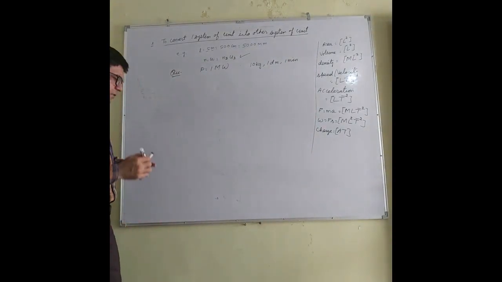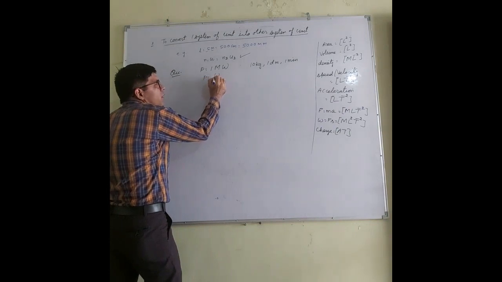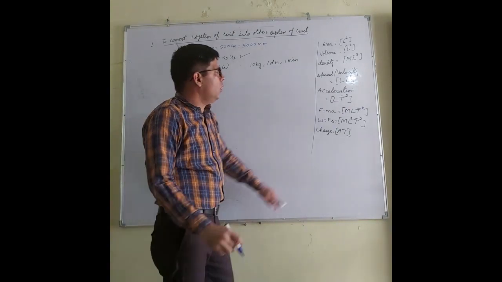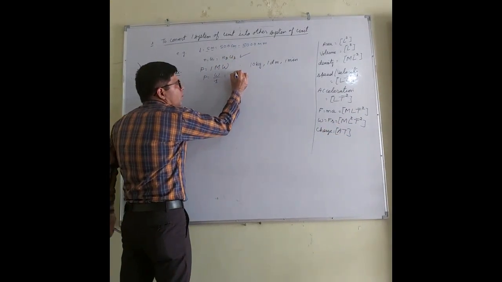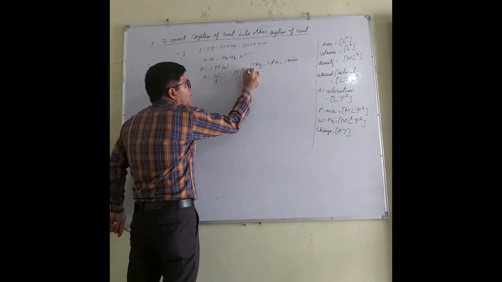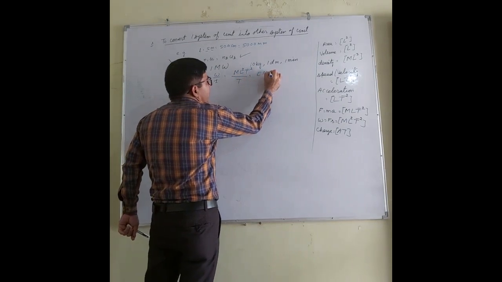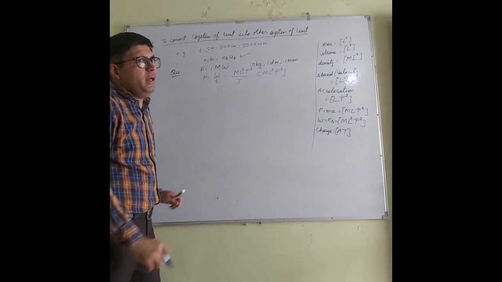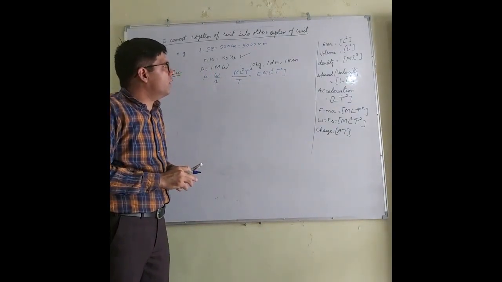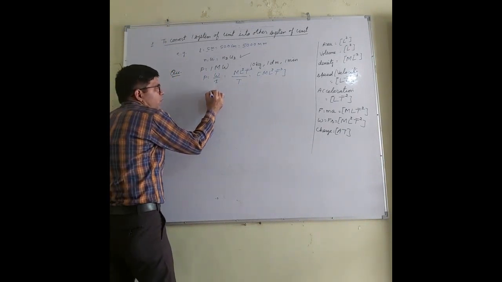First of all, I must know the dimensional formula of power. Listen, power equals work upon time. Formula of work is M L square T minus 2, divided by T, so how much will it be? M L square T minus 3. This is the dimensional formula of power. Now use this.